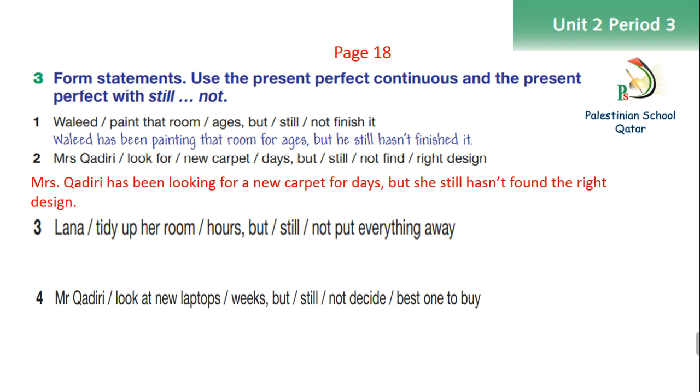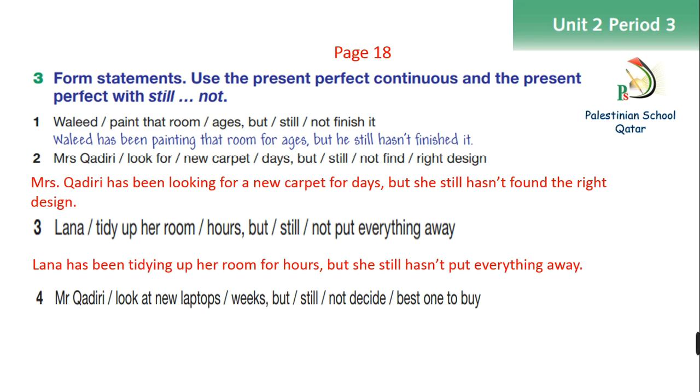So it becomes: Lana has been tidying up her room for hours but she still hasn't put everything away. Number 4, Mr. Qadri look at the new laptops weeks but still not decide best one to buy. So it becomes like,